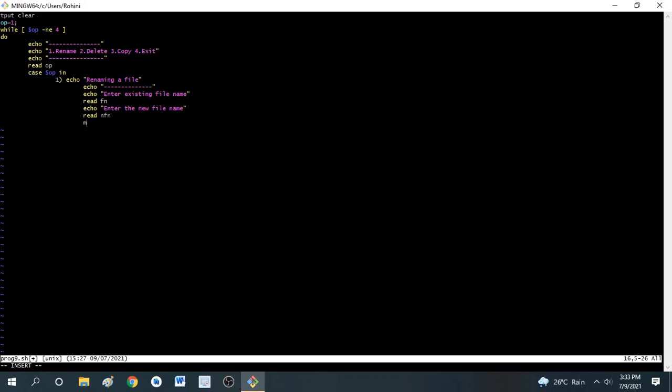Now I am moving the contents in the fn file to the new file nfn. So for that I have to use the command mv fn to nfn. Now you have to close this.